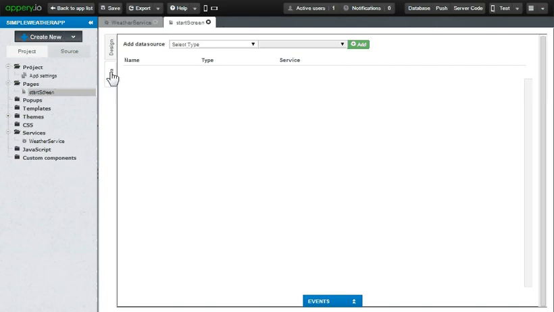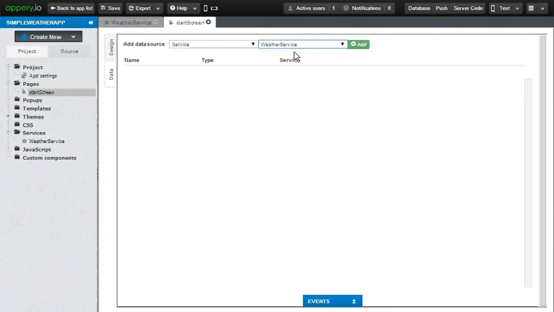So in the data tab, we will actually specify what data is bound to or is displayed in the user interfaces. For that, we need to add a data source. Let's select a service as a data source, and it will display to me all the available services. Currently, we have just one service that we just created, weather service. So it shows up in the drop down.